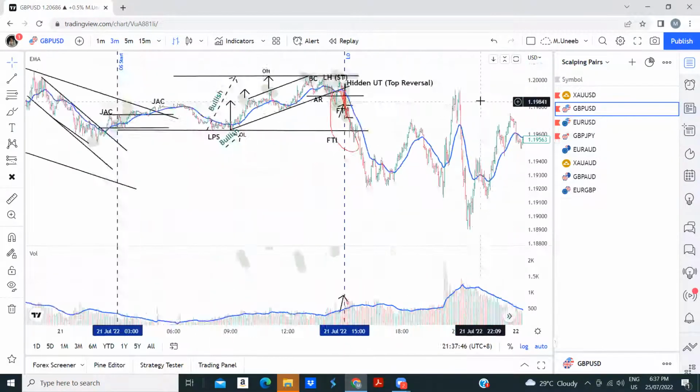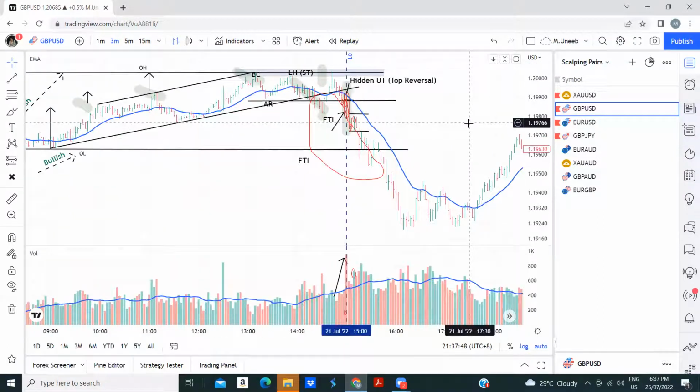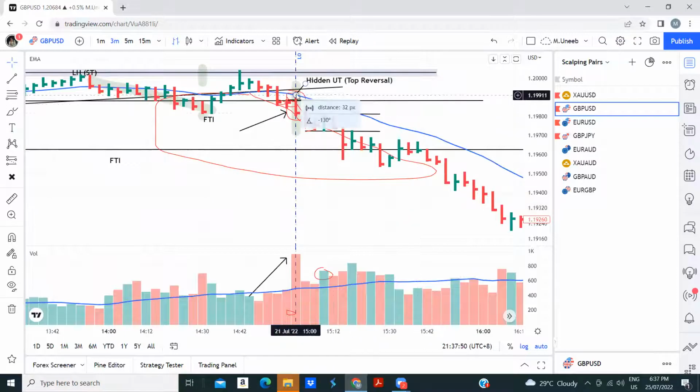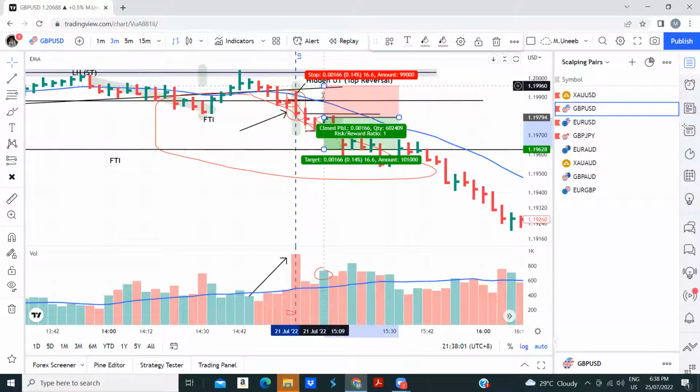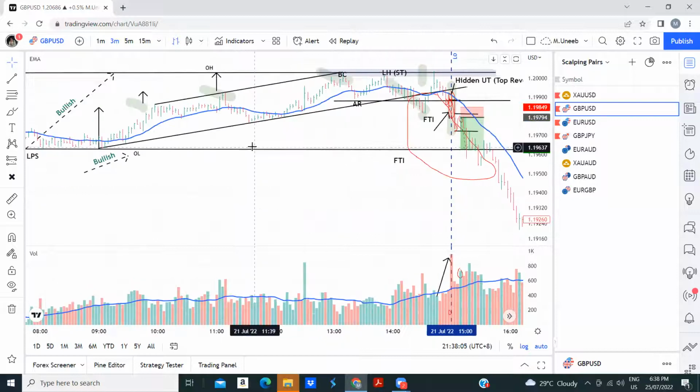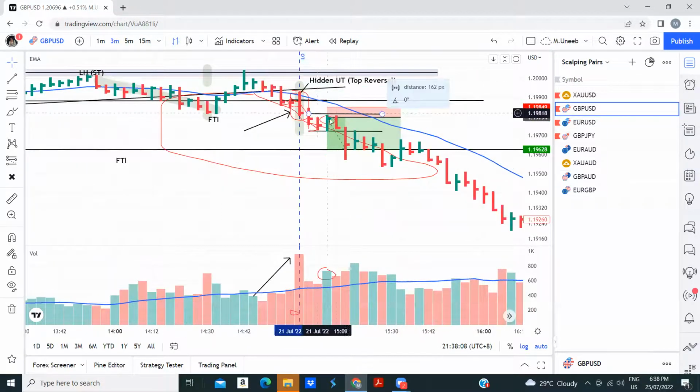All right. So here we have an FTI after London Open. If you think what I would do, I would not take the trade over here. I will take my trade over here and target 2R. For example, if I am right over here, my stop loss will go just above it, and I will target 2R over this overnight low. Got it? This is my entry point.